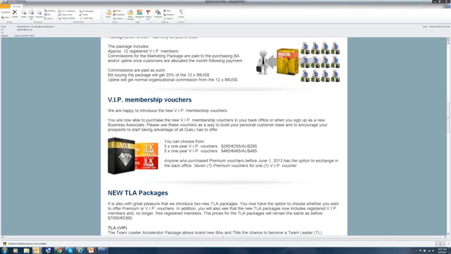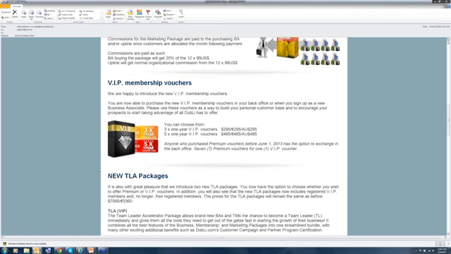Also, the company just rolled out the new VIP vouchers, so we now have the choice, for those using the voucher system to promote from their own databases, of the premium vouchers, which we've always had. Now you're going to have your choice whether you want to use the premium or the VIPs. With the VIPs, you can purchase 3 VIP vouchers for $295 US, or you can select 5 VIP vouchers for $485. You should be aware that on the premium side, it's $300 for 20 premium membership vouchers, and $500 for 40 premium membership vouchers. So this is an addition that can be used for those of you doing online marketing and those of you doing some offline marketing as well.